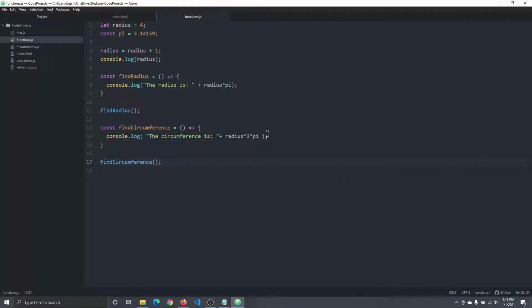That's nice. So why do we care? Like, why do we want functions? Why is this good? Why don't we just console log what we want to console log? Well, the nice thing about functions is that you can use them as many times as you want, right? So let's say that we want to change the variable. Let's change the variable radius,